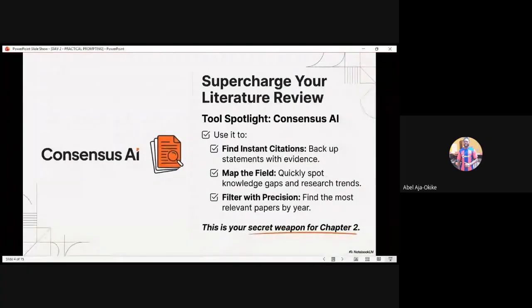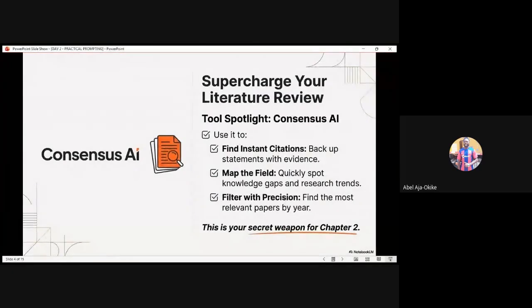So the next thing is that you can even filter your research. Now, some of us have supervisors that, when we want to do our research writing, always insist that all your references must be from the last 5 to 10 years. Such persons exist. So what do you do in this kind of case? That is where Consensus AI comes into play. And if time permits, we might also see how that works using SciSpace. But rest assured that whatever we do in Consensus AI, you can also do the same in SciSpace, and you will get the same outcome. Do you get? So that is it.